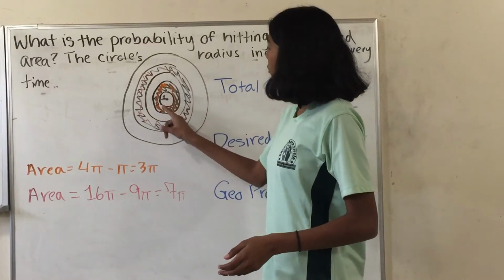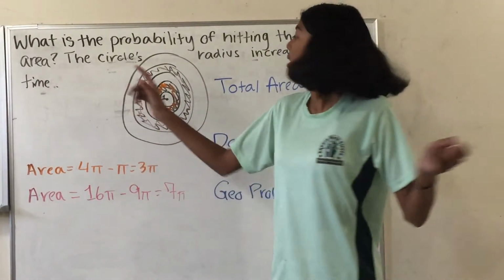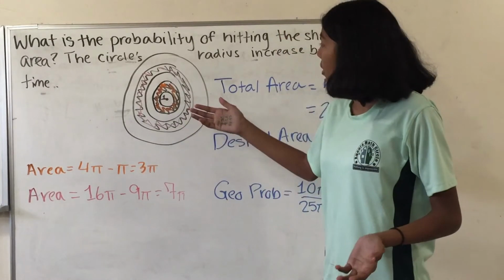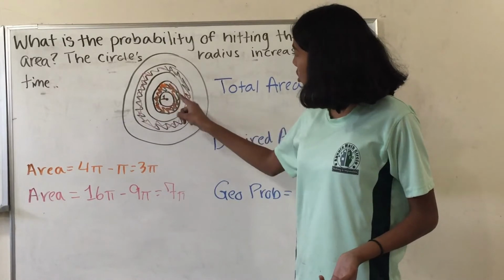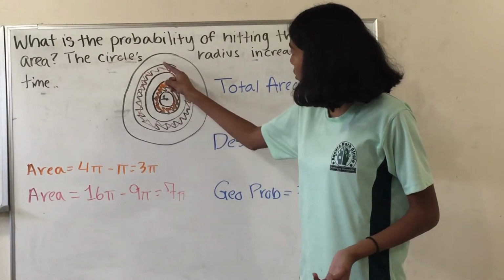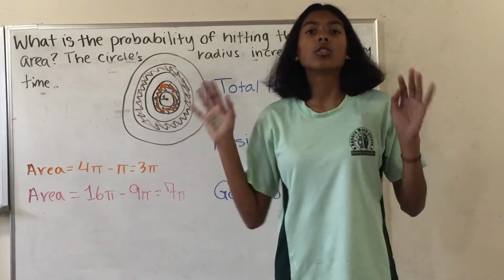And we start off with knowing that this little circle right here, its radius is 1. And then going off of that, we're going to know that this circle's radius is 2. The next one after that is 3. Then we have 4. Then we have our largest, which is 5. So let's start off with